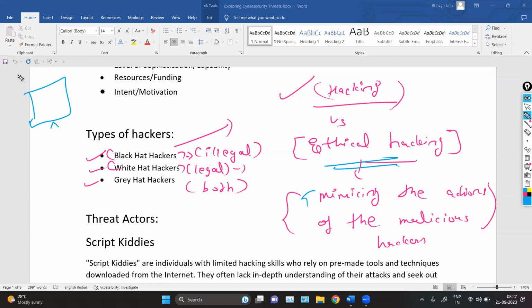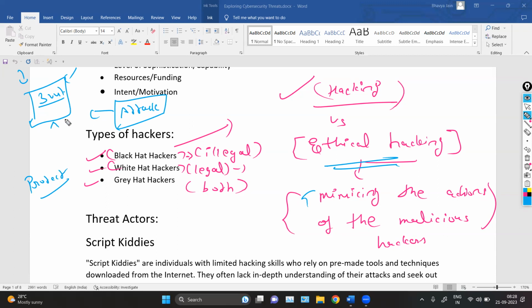Now, let's say you want to protect this device. Before protecting, you should know how to attack it, right? If you know how to attack this device, let's say you find that there are three vulnerabilities, three ways I can hack the system. Now you know the ways because you know how to attack. Now you can simply protect the system with the help of the data you have collected in the attacking phase. You will simply fix these three vulnerabilities, or the three ways of hacking.